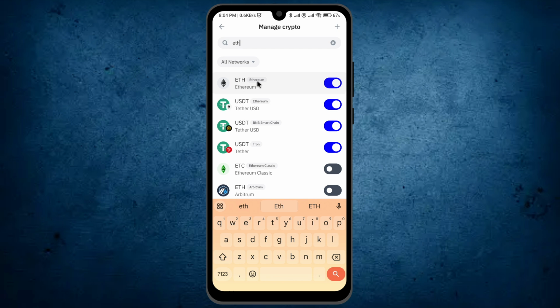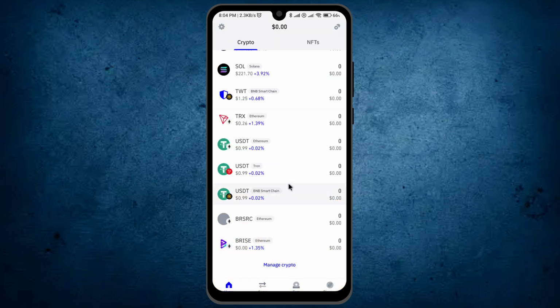Also, be careful, you have to enable Ethereum, not this one. This one is USDT Ethereum, and this one is the exact crypto. If you enable the wrong one, then you will not be able to send any tokens from this Ethereum. So enable this one. Once you enable it, go back from here, scroll up, and tap on the